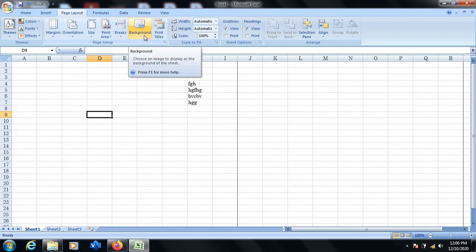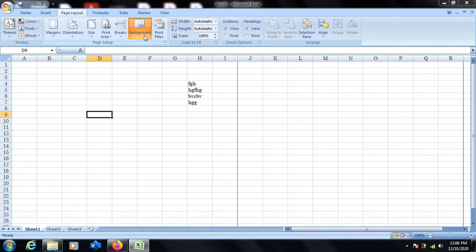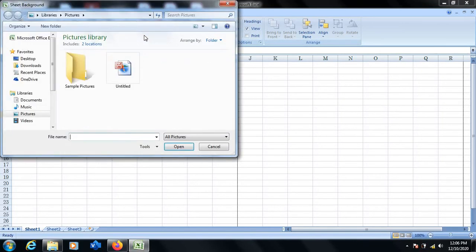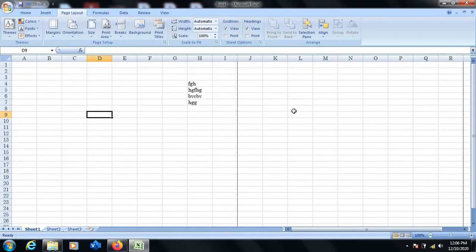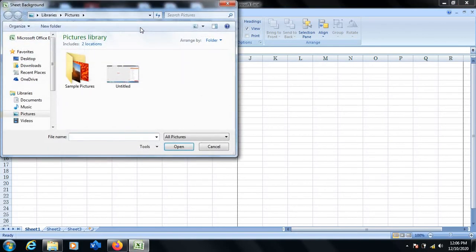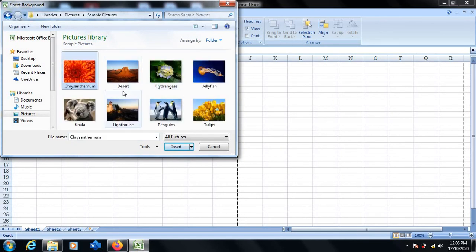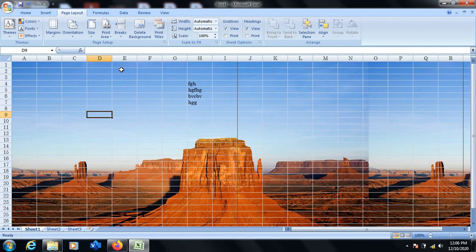The next one is to print a background image. We can have a background image for the worksheet as well. As you can see now, we have a white background as the default background color. Excel provides the option of inserting an image at the background by using the option called background, which is available under page setup. Click on page setup and background and select any picture that is required as background to your worksheet.